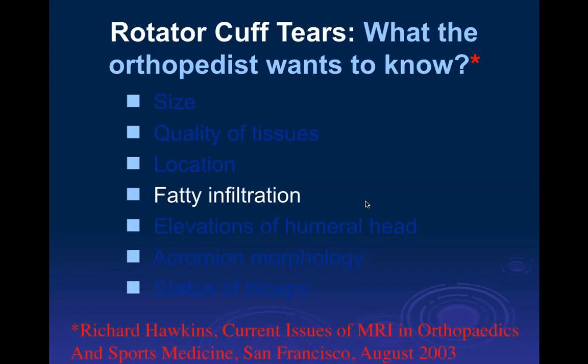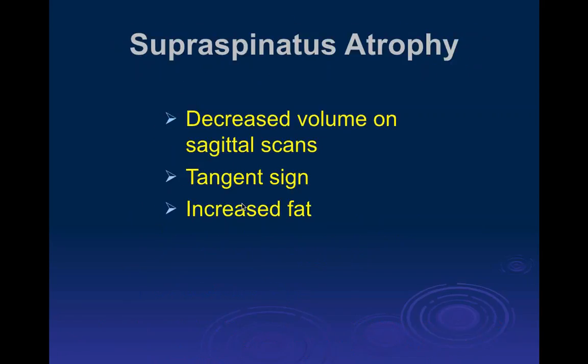So what do you need to have in your report when you dictate a report? And this comes from David Stoller's course back in August of 2003, where Richard Hawkins, who was then at the Stedman Hawkins Clinic in Vail, gave a talk as to what he wants to see in the radiologist report. So we talked earlier about the size of the tear, the quality of the tissues around it, the exact location of the tear, and another thing he wanted to see was whether or not there's fatty infiltration into the adjacent muscles. So looking at the muscles then, and describing what you find on the muscles, there are a number of